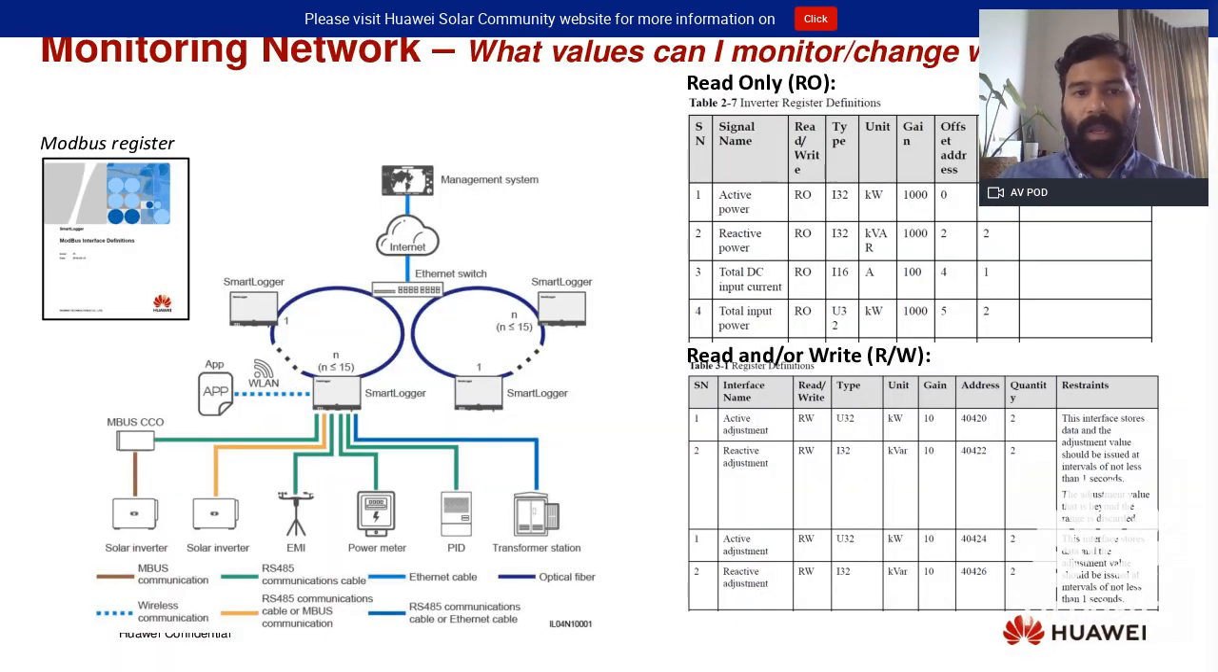In terms of communication, a lot of clients are interested to know what you can monitor with our smart logger or with our solution. For that, we have a document that is called the Modbus register. Our technology uses the Modbus protocol to communicate. So in this Modbus register, you will have a list of all of the parameters you can play with during